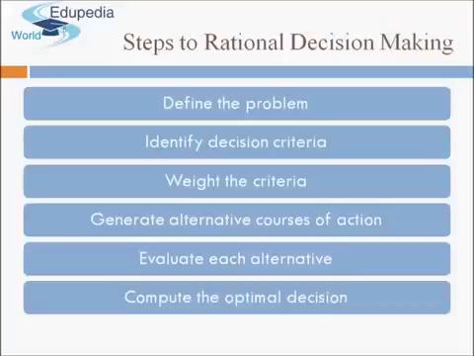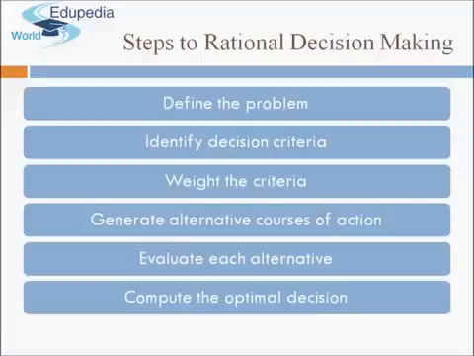First of all, this is a flowchart which tells you what the steps to rational decision making are. Why do we use the word rational? Because when it comes to taking a decision, you can of course make any decision right or wrong. But of course, when you are taking a decision, it should be rational. Rational as in logical, keeping everything in mind, whatever the alternative solutions are, whatever the pros and cons could be of a particular situation. So keeping all those things in mind, a rational decision should be taken.